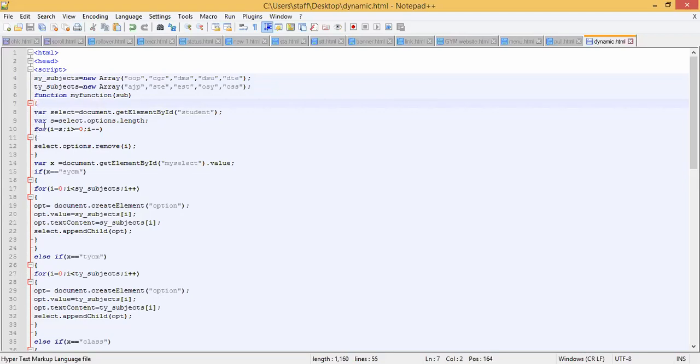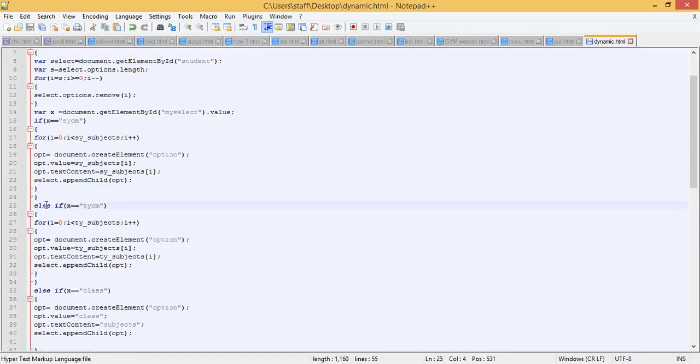We have opened this function over here. In that function, we have written a for loop, with opening and closing of the for loop. Then we have taken one variable. Then again we have taken an if condition. In this we have taken a for loop. This is the closing of the for loop. Then else if again we have taken. In this we have taken again a for loop.